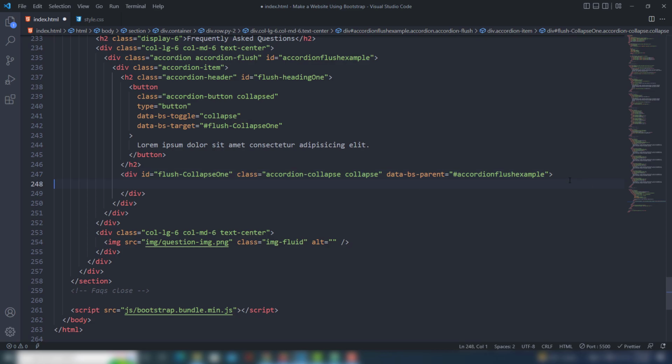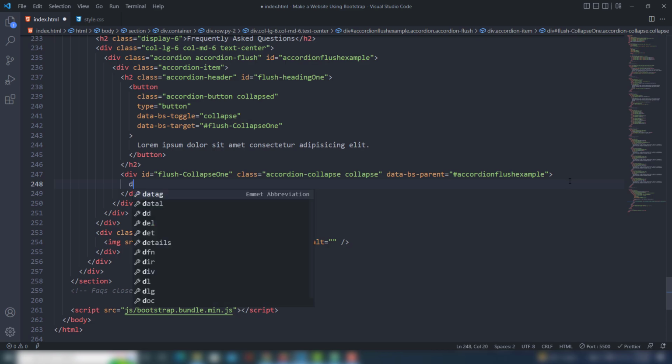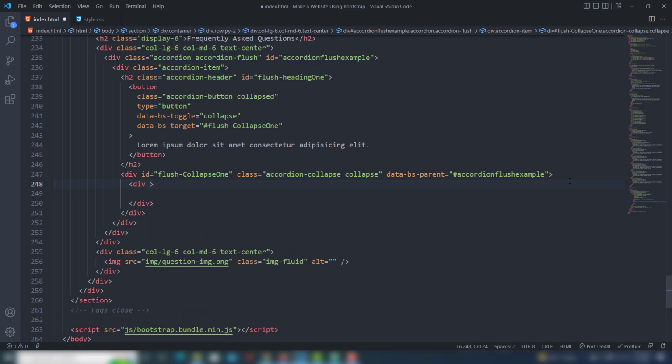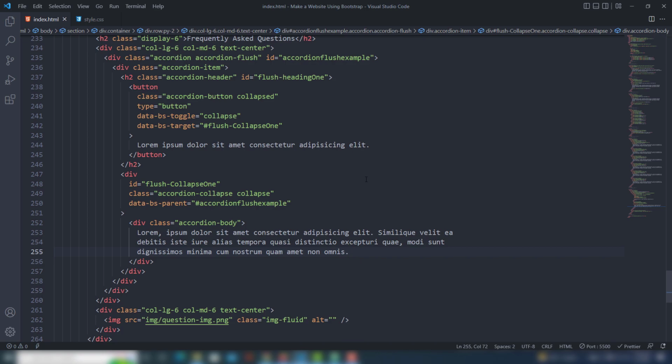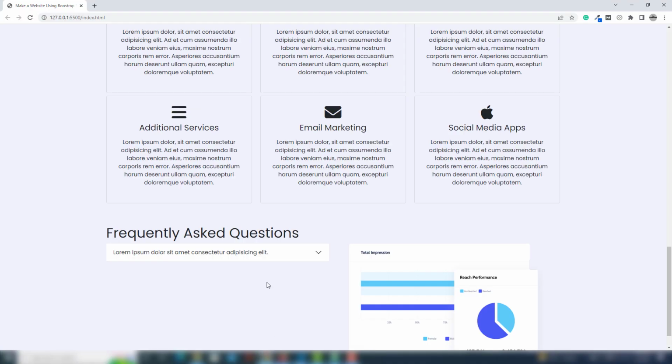Then we need to use inside this one section div and use class accordion body, right? Inside there you need to use anything else. When you will click on the arrow sign, then this content inside this one area content will appear. So this is a main div and this is a body div inside there, right? So first save that. Let's see output of this one. As you can see,